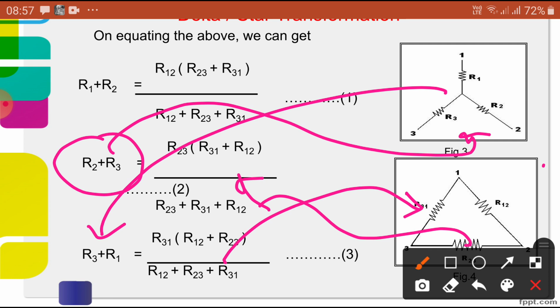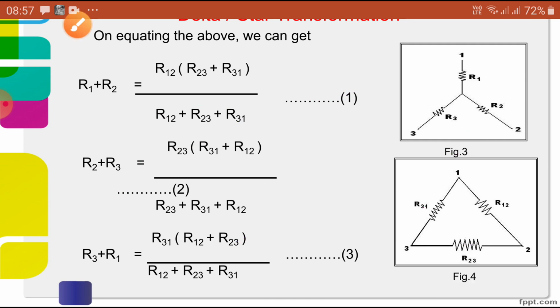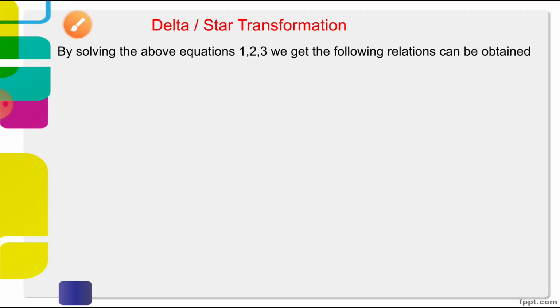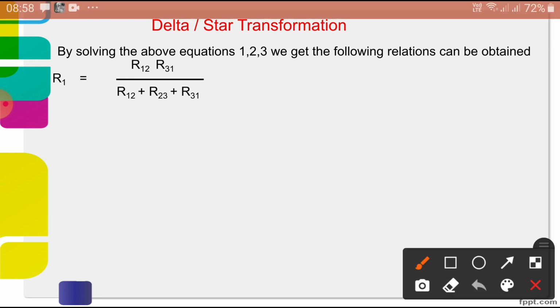Now, just convert delta to star. 1, 2, 3 are equivalent to that. Now, let us convert delta to star. By solving the above equations 1, 2, 3, we get the following relations. What is the value? Here we are going to get R1 equivalent of star. What is the R1 here? So, this is R1,